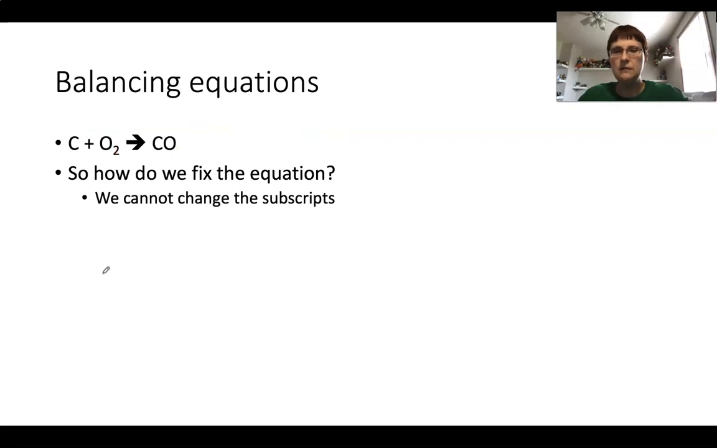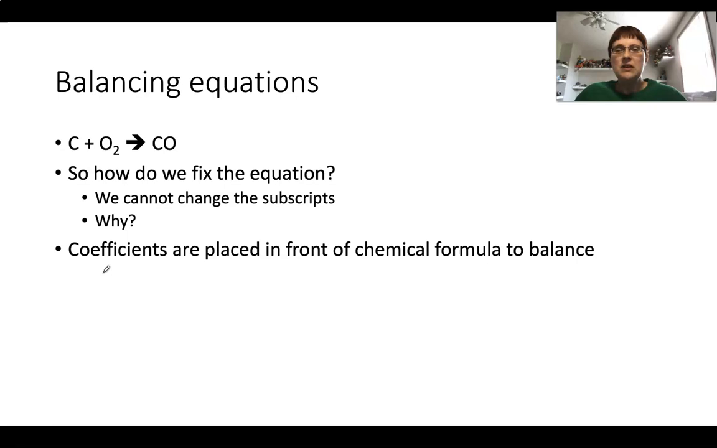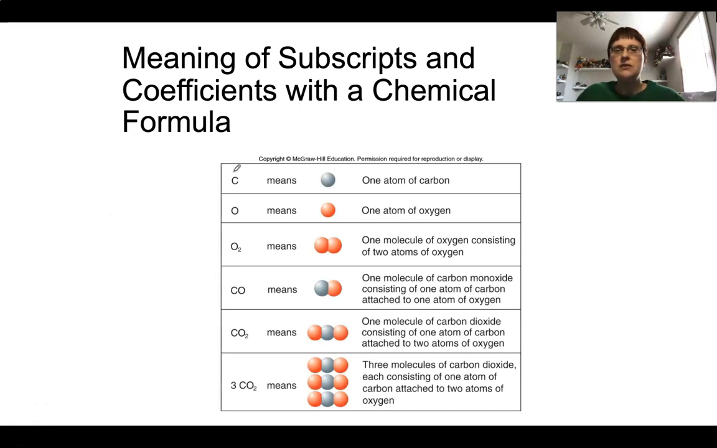So definitely want to make sure that we don't alter the subscripts because that alters the materials. So instead what we do is we put what we call coefficients in front of the chemical formula to balance it. So remember, this little guy, the subscript, shows you how many oxygens there are. So what we can do is put coefficients in front of the chemical formulas in order to add more of each of those materials. So if we take a look at what I'm talking about with some pictures,